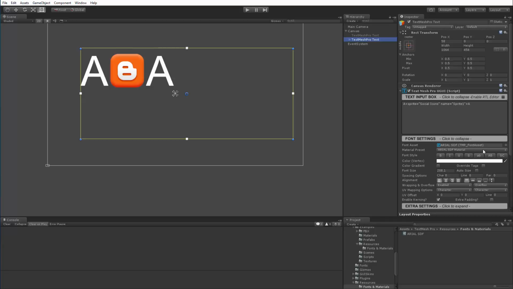Well, regardless of what font is being used, the scaling of the sprites, in order to ensure consistency and predictable results, is always going to be based on the font asset that is assigned to the object itself and not the other ones that you might be using. Okay, so let's go back to our sprite asset